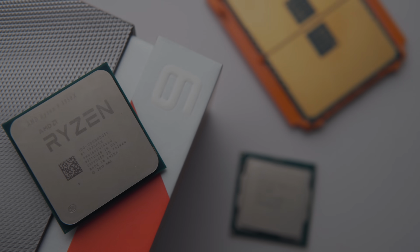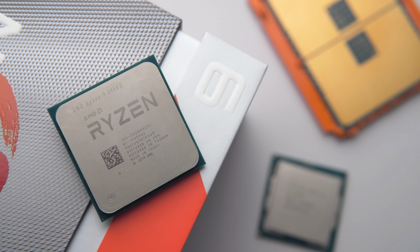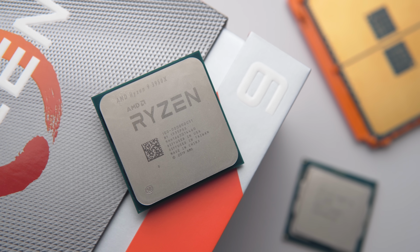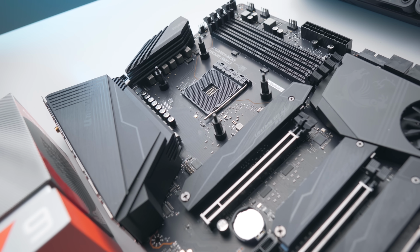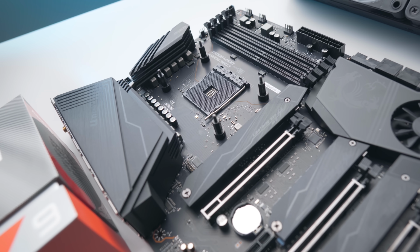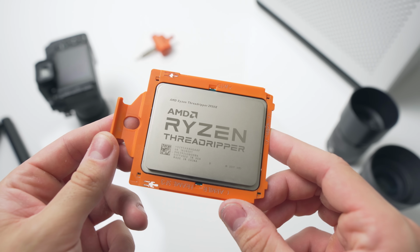So the 3950X marks a big shift in the CPU market, where just in the previous generation of Ryzen CPUs, the top core count SKU was the 2700X with half the amount of cores and threads that we're getting with the 3950X. This means that extreme multi-threading performance is no longer reserved for high-end desktop platforms as it was previously, but at the same time this also means that the 3950X pretty much eats second-gen Threadripper alive, specifically the 2950X,